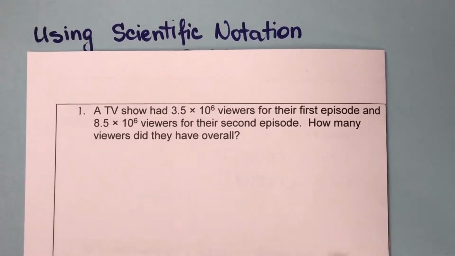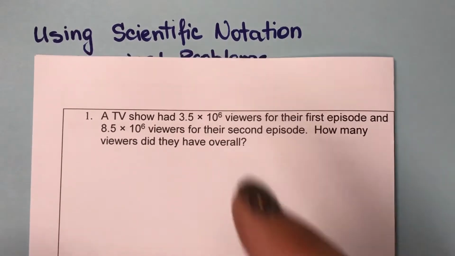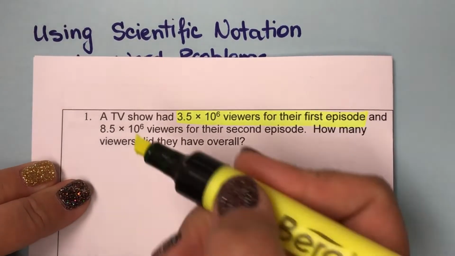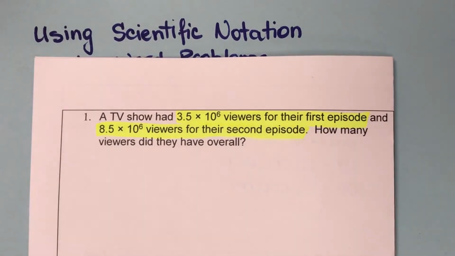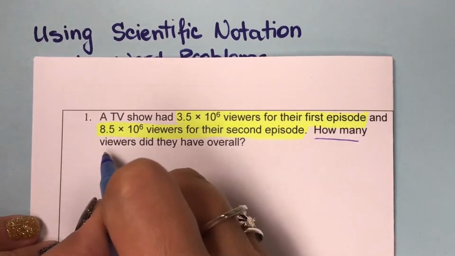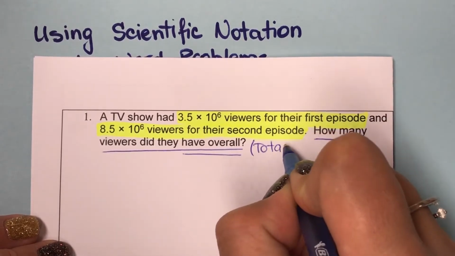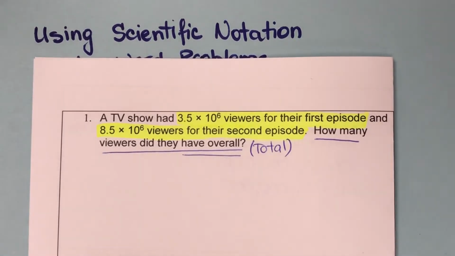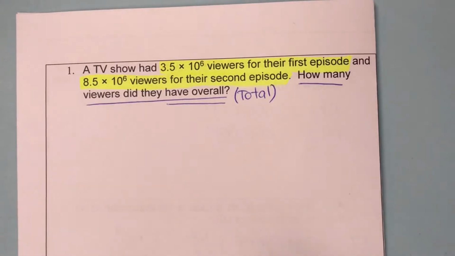The TV show had 3.5 times 10 to the 6 viewers for their first episode, and 8.5 times 10 to the 6 power for the second episode. How many viewers did they have overall? So the question is now overall or total or together or combined are key words for addition. So in this situation we have first episode,